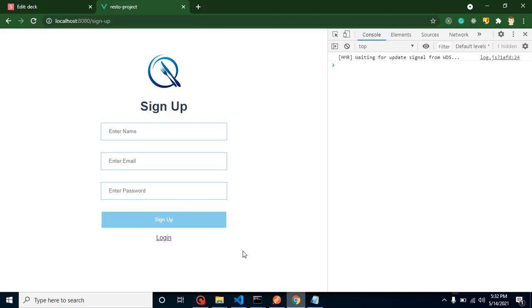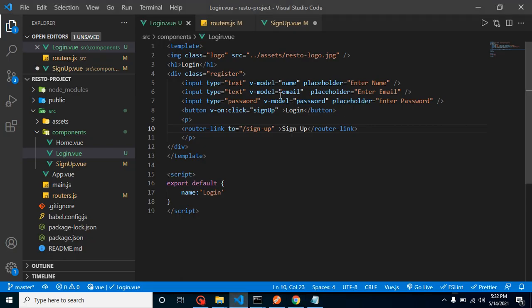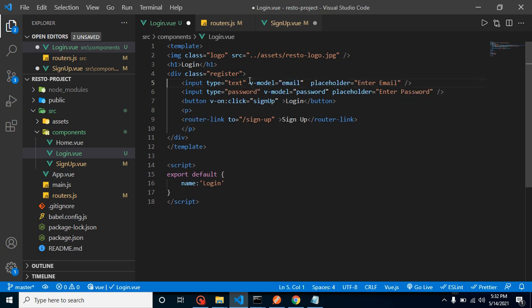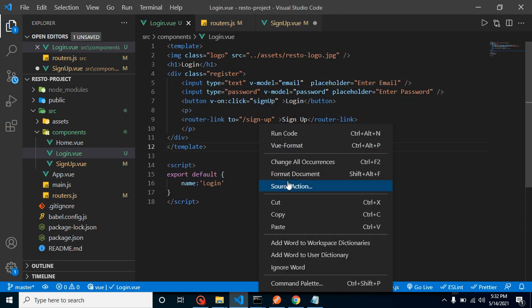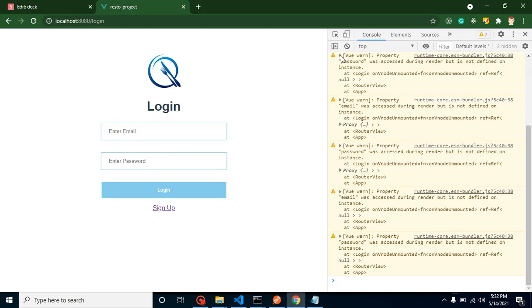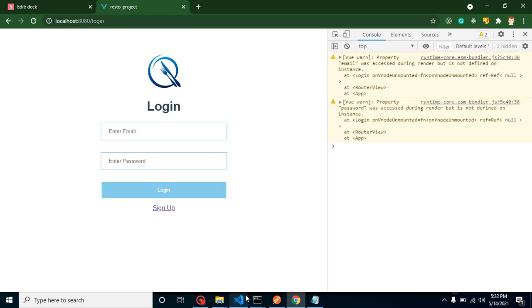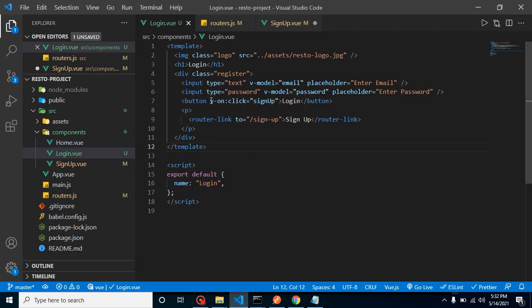Now let's see what we are getting on the sign up page. On the login page everything is fine, but there is one more extra field, because for login we need only email and password, we don't need name. So we can remove the name from here, right? We can format it for a moment so that we can show it better. Everything is fine. We can go to the sign up page, we can go to the login page, right? And for a moment I am removing this click event also, because there is no sign up function. We will make it later whenever we integrate the API.